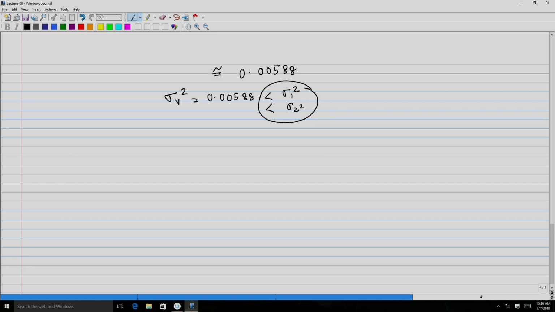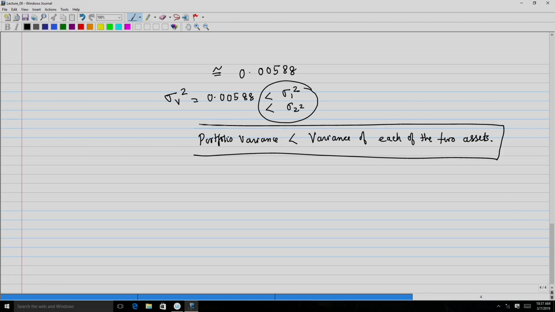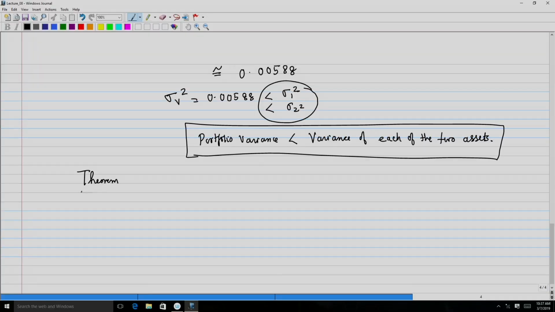So, what this suggests is that you have a portfolio variance is less than variance of each of the two assets, and this example illustrates the benefit of actually making an investment in a portfolio rather than just investing in one particular asset. So, this example motivates the following theorem: